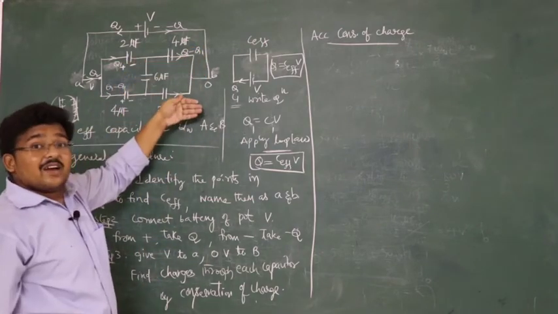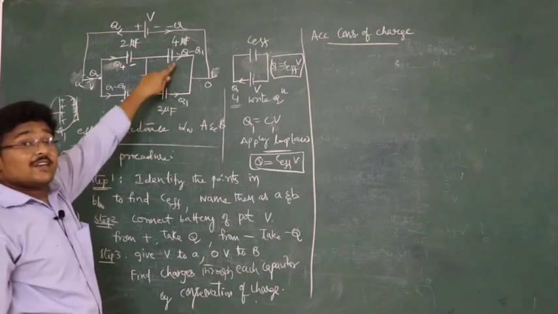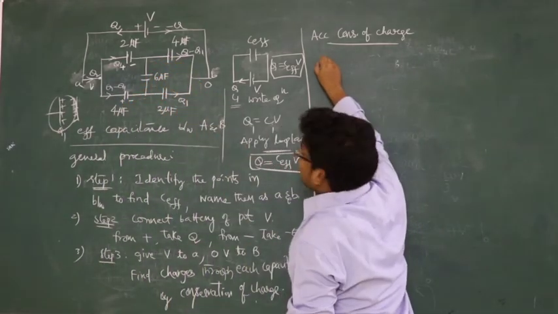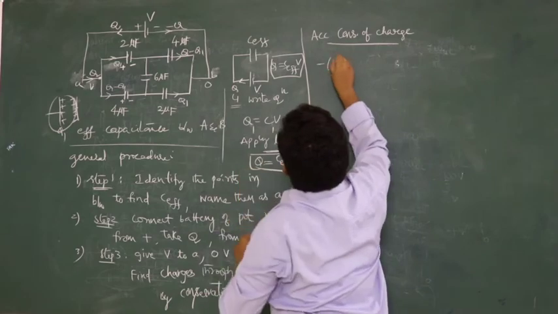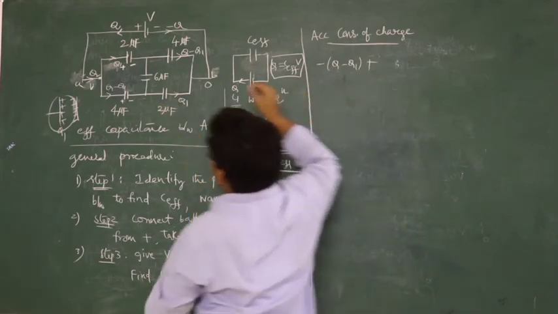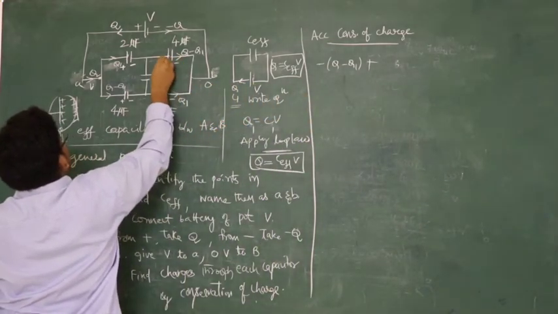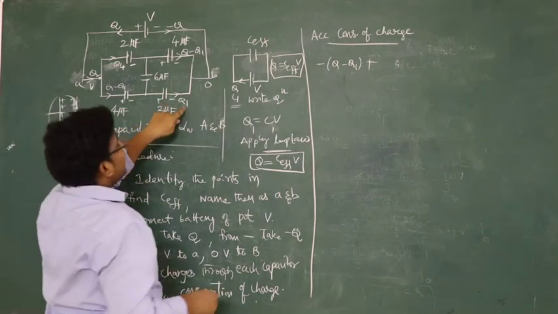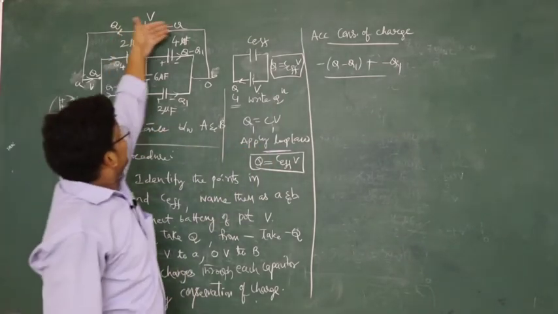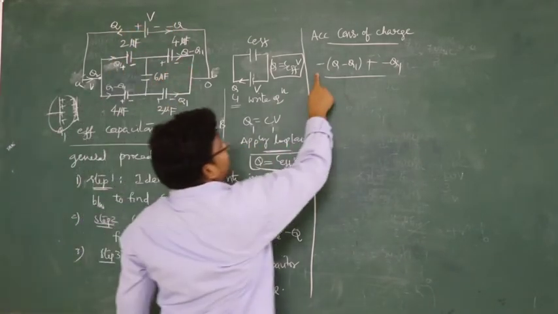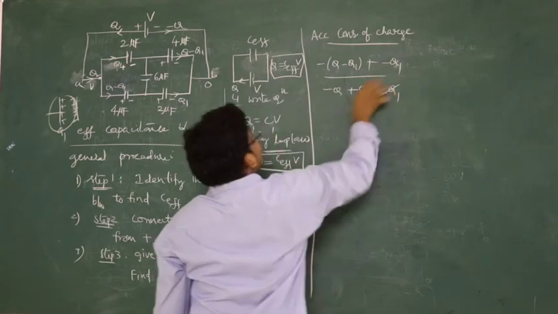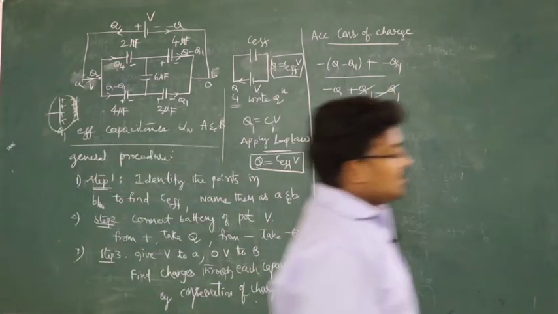Now both of them are added together. So this is the negative plates. At the negative plates, what is the charge? Q minus Q1 plus, what is this one? Charge Q1. This is a negative plate, this is a negative plate. So when the negative plates are added, minus Q1 and minus Q1 both added, you need to get minus Q, because from the battery how much charge is coming? Minus Q. See here, this is minus Q, minus minus plus Q1, and it is minus Q1, so it cancels, you will get minus Q.